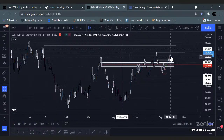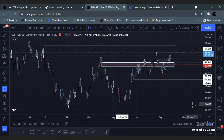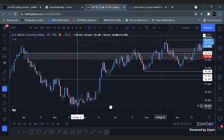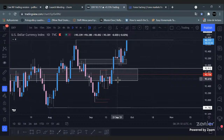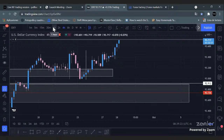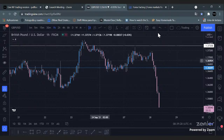So we might possibly dig deeper into this high for sure. We might test this level and possibly also take this high out. And I probably see just testing this high here to make equal highs and then reversing. So we'll see if we get something like that throughout the week. That's pretty much what my focus is going to be. There really isn't much I could do right now as an entry for other pairs like GU, because GU really moved today. If you look at GU,